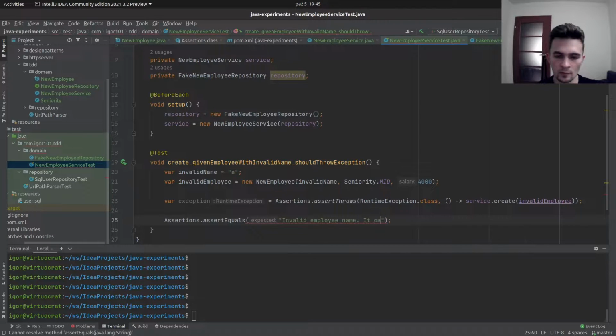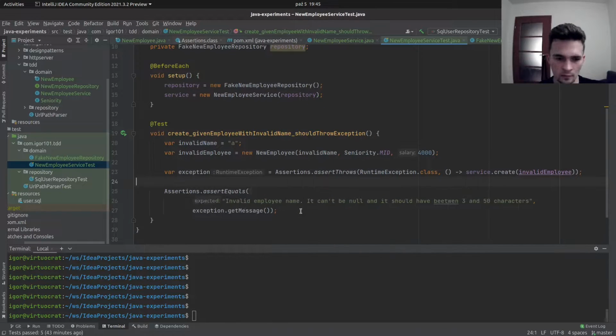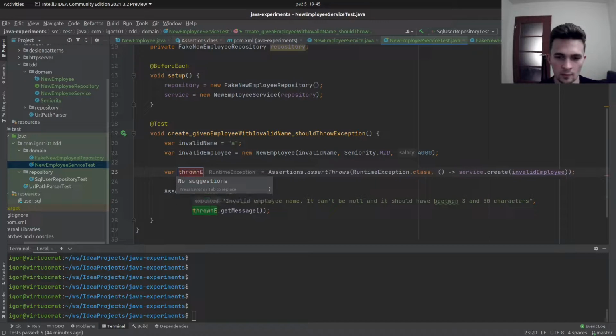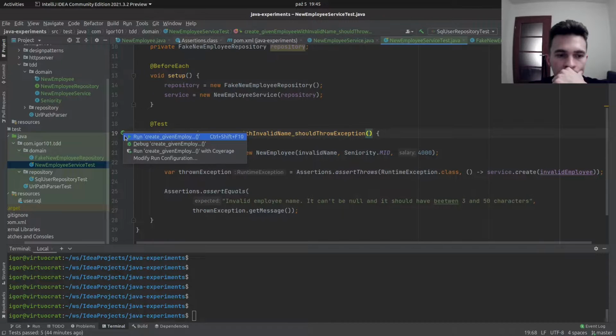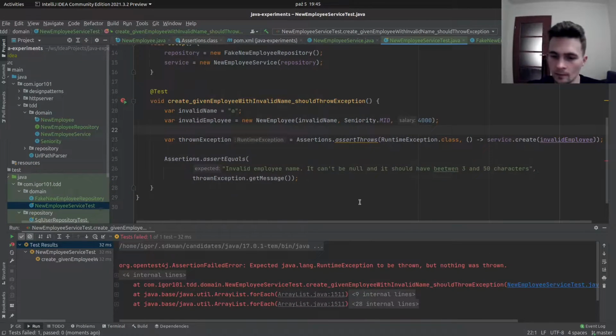It can't be null, and it should have between 3 and 10 characters, something like that. Alright, maybe let's call it thrown exception, and let's see. Okay, obviously